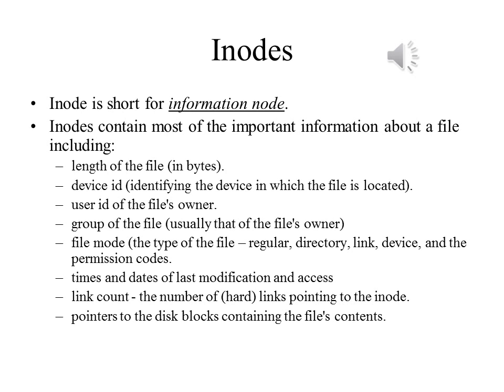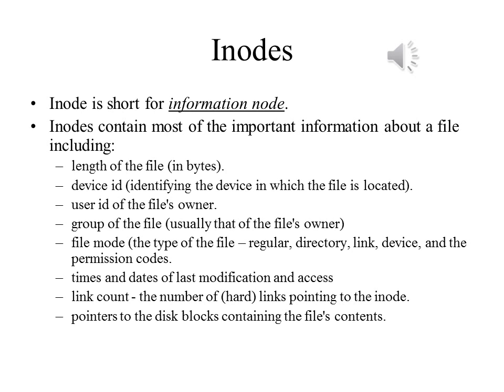Inodes are a data structure which is, especially at the time when it was created, rather distinctive. The name is short for information node. All the important information about the file, including everything that you see in a long directory listing, is actually stored in the inode, including the length of the file, the device identifier, in other words, the device on which the file is stored, the user ID of the file's owner, the group ID of the group that the owner belongs to,